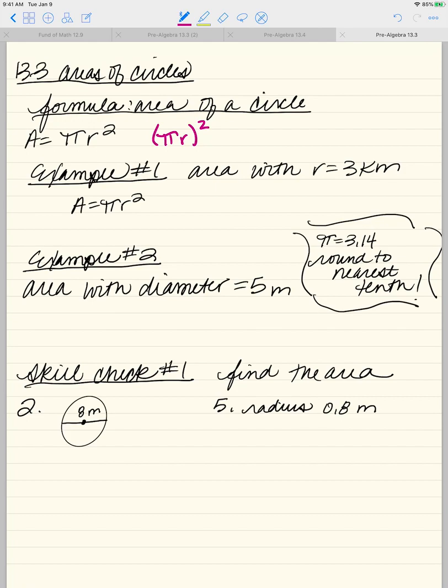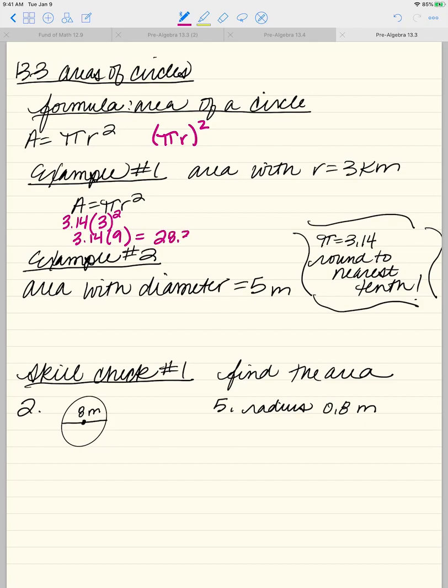Okay, diving right into an example. Find the area of a circle whose radius is 3 kilometers. Okay, so plug it into our formula. We have pi, which we are just going to go ahead and use 3.14 for pi. All right, 3.14 for pi every time. Okay, and take your radius, plug that in. So 3.14 times 3 squared. So that is 3.14 times 9. And that is equal to